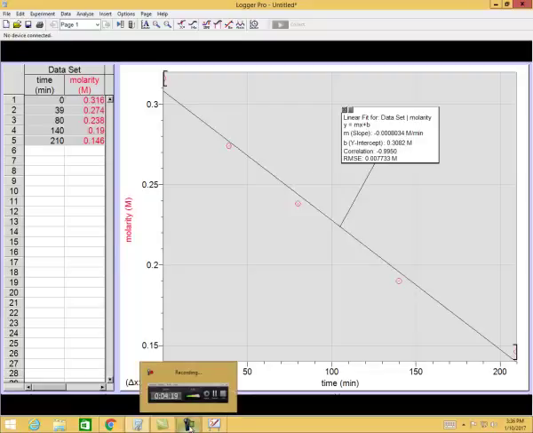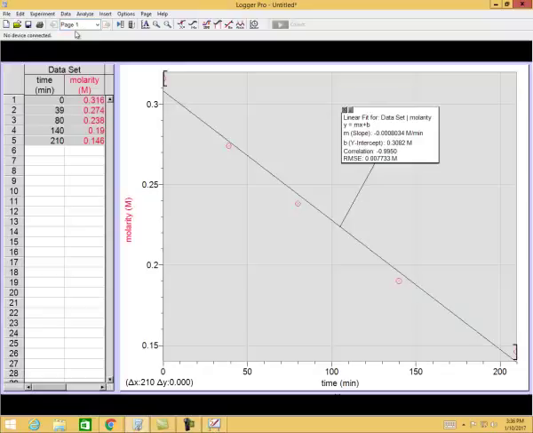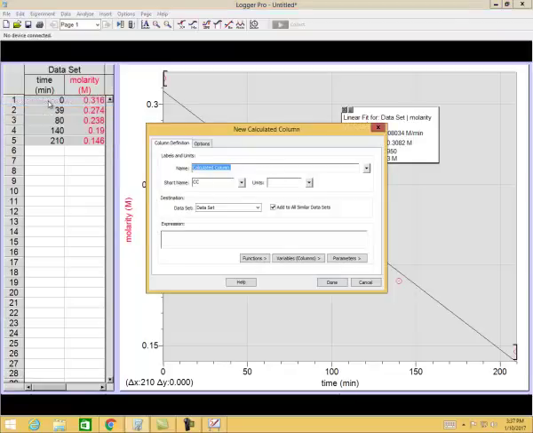Now we want to move on to the second half. We want to do the natural log of y. So here in Logger Pro, you go to Data, and we're going to say New Calculated Column. Okay, I'm going to do that. And this is pretty cool. We're going to create a new calculated column, and I'm actually going to name the column specifically natural log